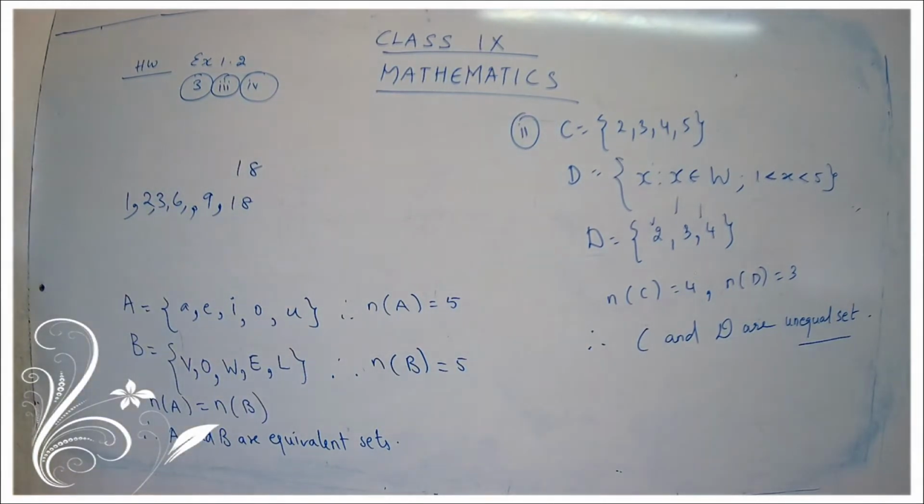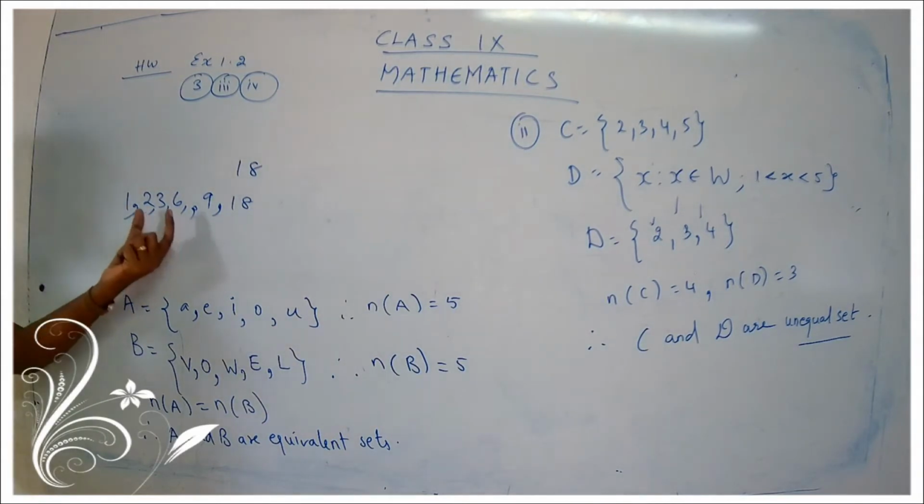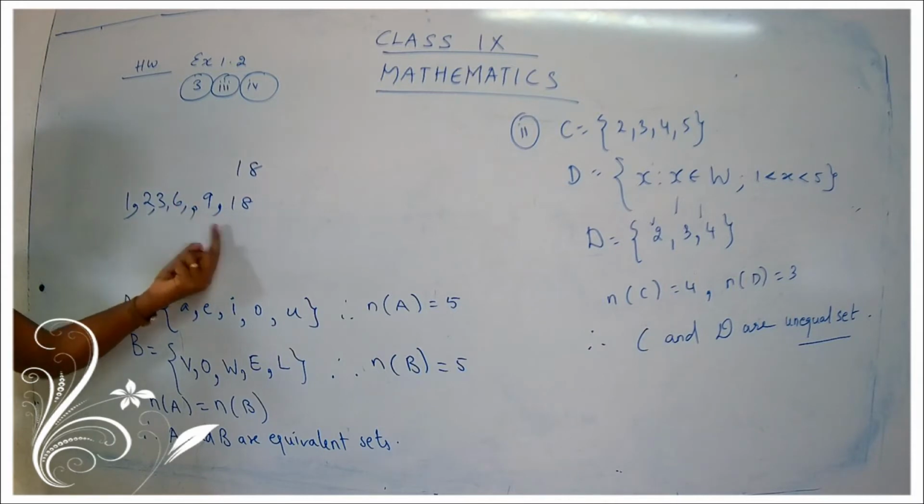I hope you are clear with this. So you try to count the numbers and you have to finish. Divisors already we have studied in our lower classes. We have studied in our 5th standard, 6th standard about the divisors. So already I have given you a small idea how to find the divisors. So 18 means 1 into 18, 2 into 9, 3 into 6.